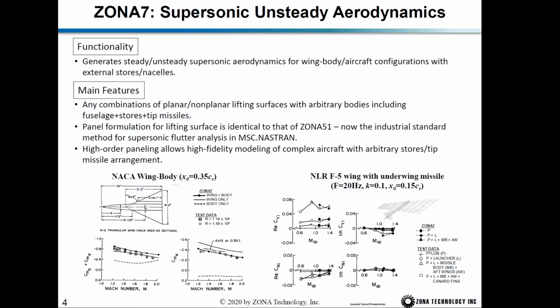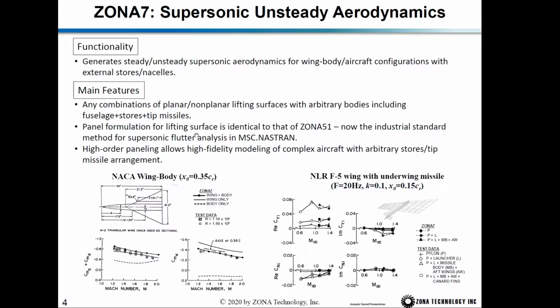Zona 7 is a supersonic unsteady aerodynamic method. It is the counterpart of Zona 6 in supersonic flow, and it can generate steady and unsteady supersonic aerodynamics for wing-body aircraft configurations with external stores, and it can also model any combination of planar and non-planar lifting surfaces with an arbitrary body, including fuselage plus stores plus tip missiles, and for the lifting